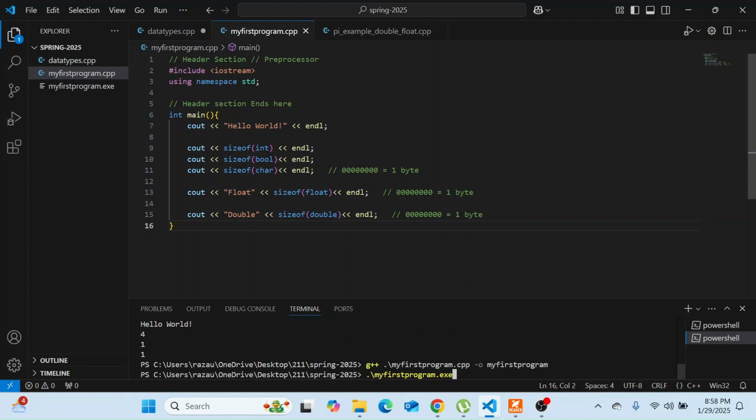Okay, so float takes 4 bytes and double takes 8 bytes. 8 bytes means 64 bits, and 4 bytes means 32 bits. All right. Now there is more difference that I'd like to discuss between float